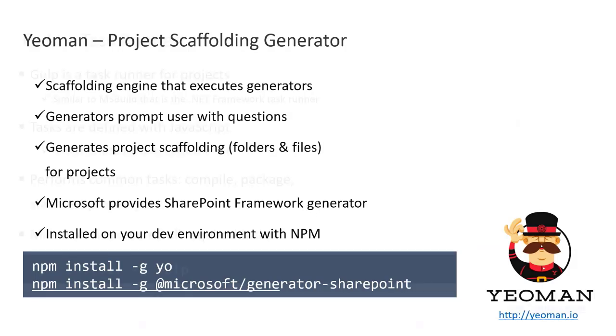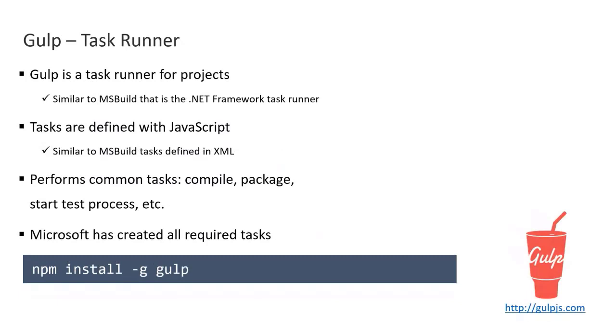Gulp. It's a task runner. Gulp is a task runner for projects. Whenever you want to build your .NET application, you're using the build, right? You're using F5. Same like that, we are using the gulp server here. We have a gulp build option, right? Ctrl+Alt+B, you can build in .NET Visual Studio, right? Same like that, gulp is building.